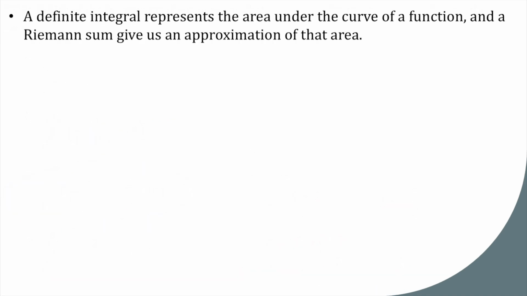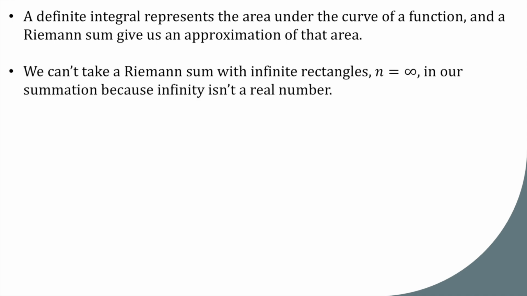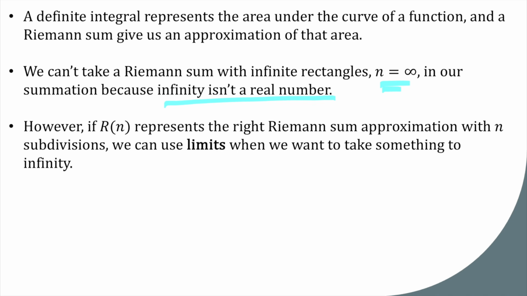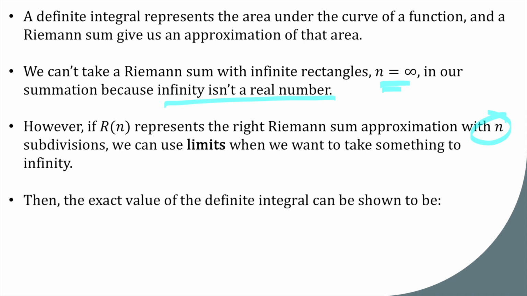A definite integral represents the area under a curve of a function, and a Riemann sum gives us an approximation of that area. We can't take a Riemann sum with infinite rectangles, n equals infinity, because infinity isn't a real number. However, if R of n represents a right Riemann sum approximation with n subdivisions, we can use limits when we want to take something to infinity. Then the exact value of the definite integral can be shown to be,